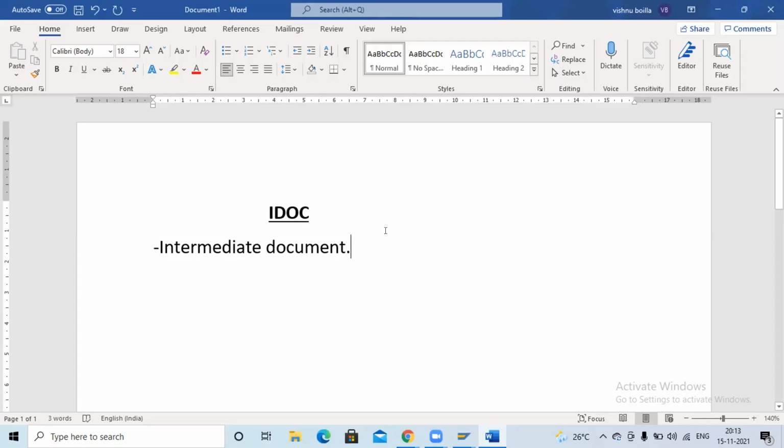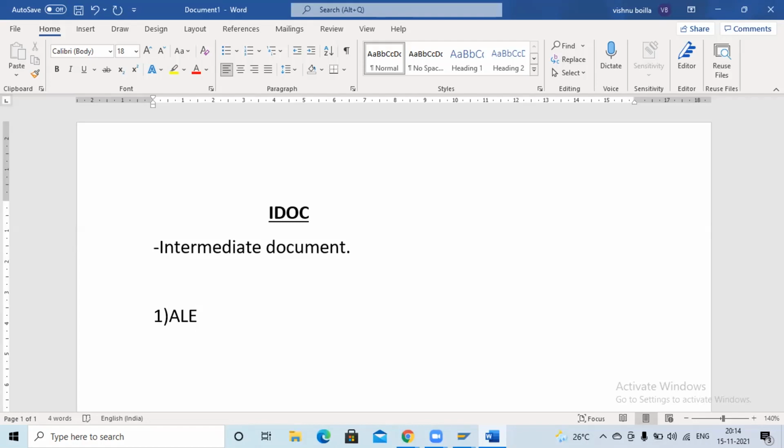You can use IDOC for different purposes, to move data from SAP to non-SAP or from SAP to SAP. You can send the data from an SAP system to an SAP system or from an SAP system to a non-SAP system. At the same time, you can receive data from non-SAP to SAP also. You have to remember two things here. We have two types of IDOCs. The first one is the ALE IDOC,